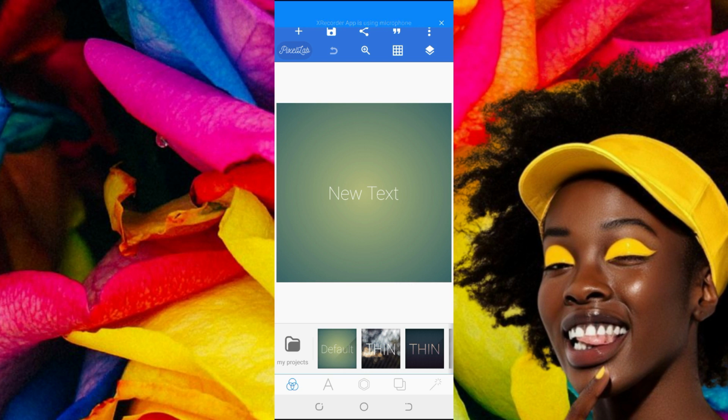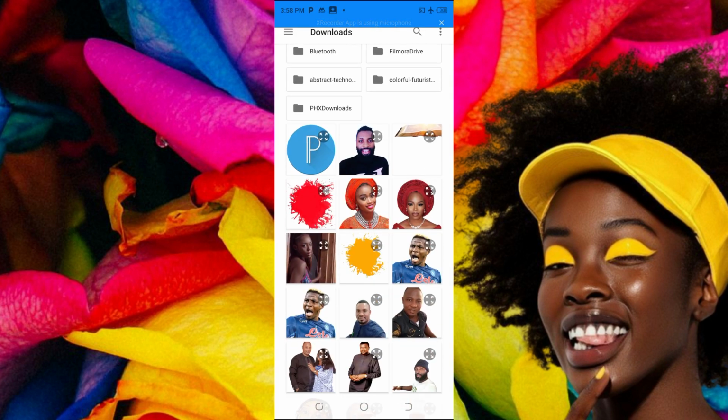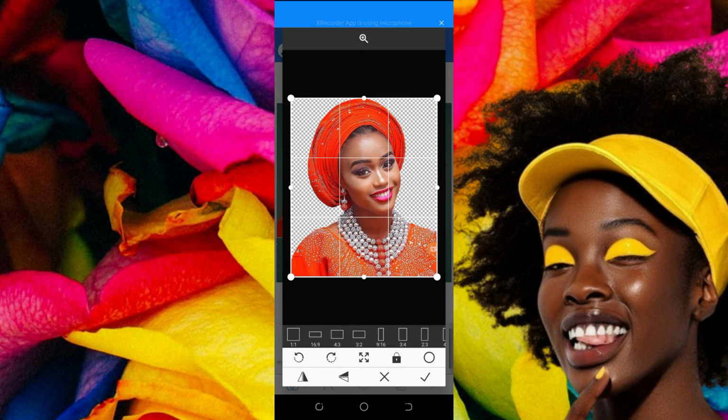The first thing I'm going to do, I'm going to delete this. Then I'll add my image. Let's add image, this plus sign from gallery. I'm going to use this. Now this is my